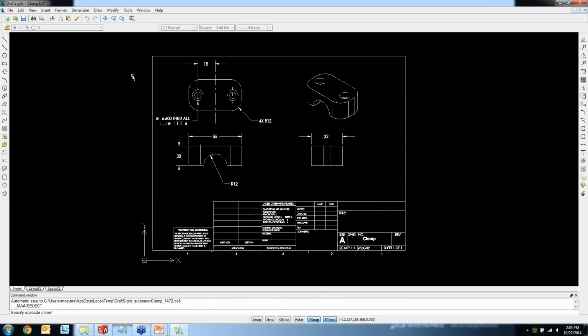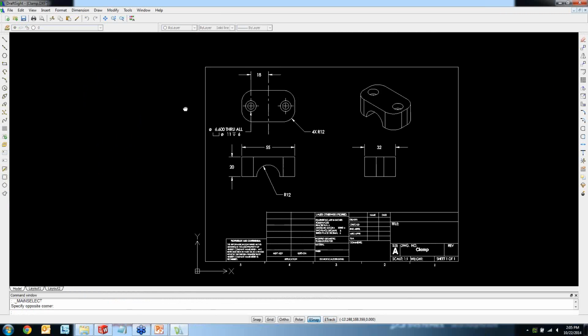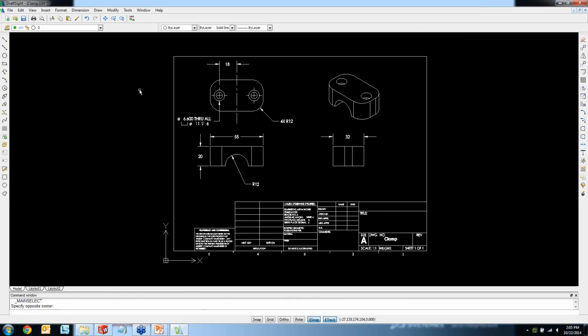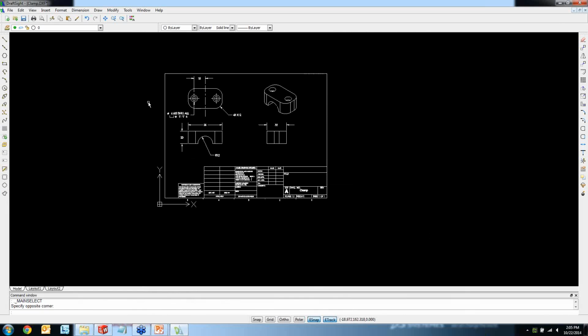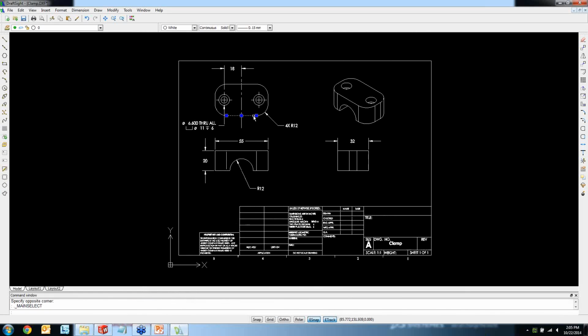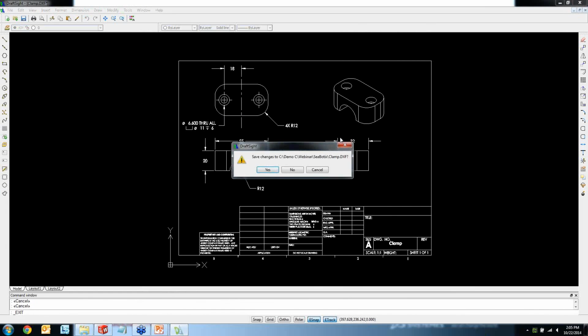The first thing I'm going to do is switch to DraftSite. DraftSite is a 2D CAD tool, and this looks like your DWG file, Dan, that you saved and started working on earlier. This file does come straight from DraftSite. You can see I can move the files around and work with it in this tool. But what I really want to do is bring this into SOLIDWORKS and see how we can make this into a true 3D part. So I'm simply going to shut this file down